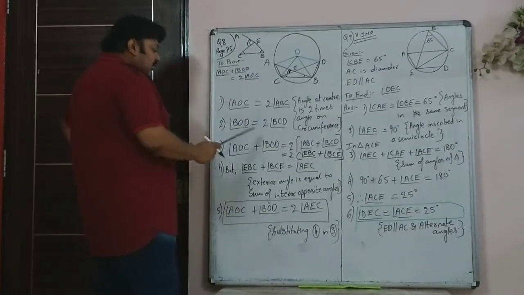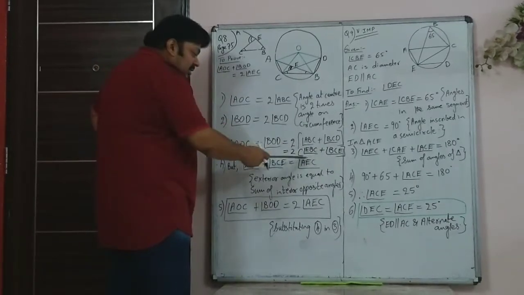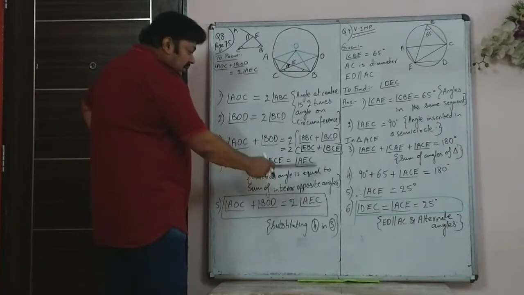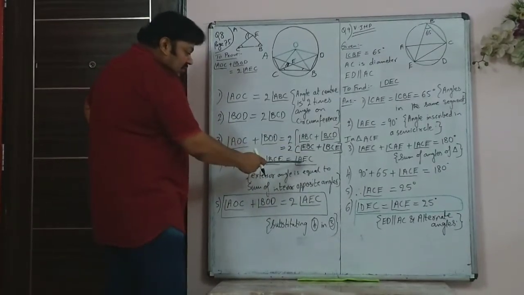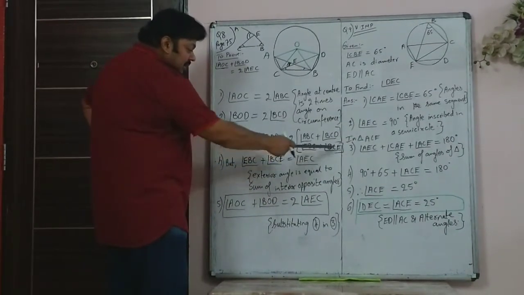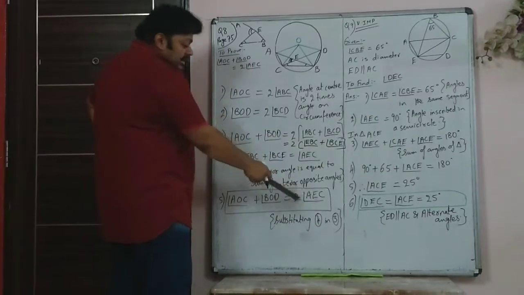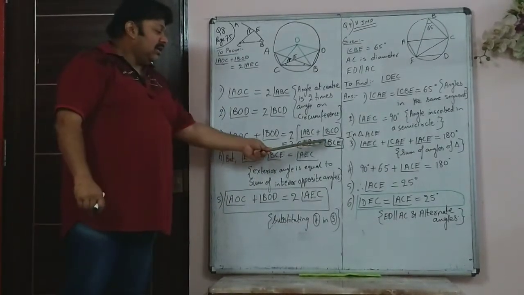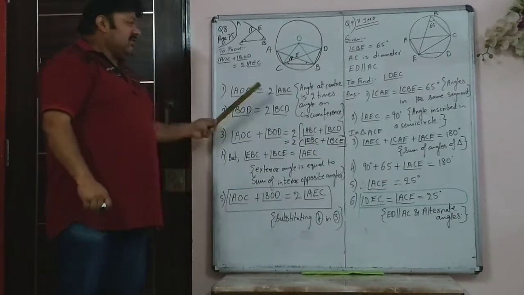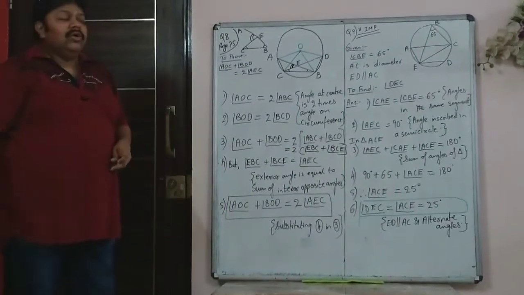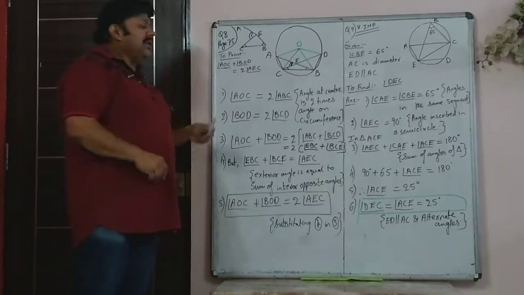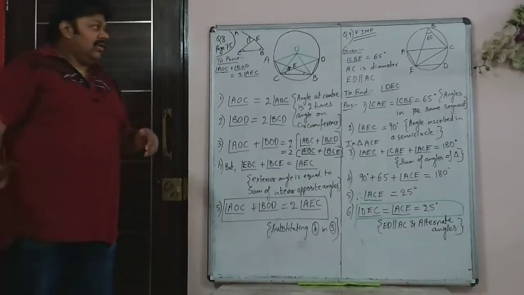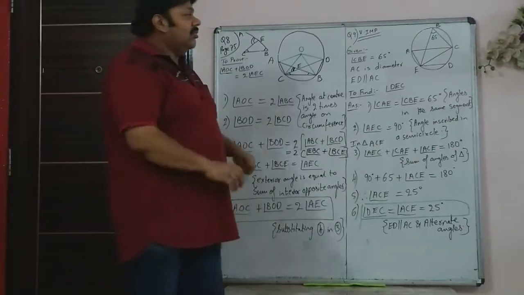So AOC plus BOD is 2 times, and instead of these two, you have replaced them by AEC. So you can write AEC there instead of EBC and BCE. So that's a simple proof, but as I told you, nowadays prove-that sums are not asked in the last 3-4 papers. What you are asked is generally some simple sum like this.